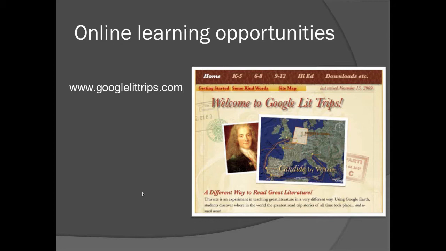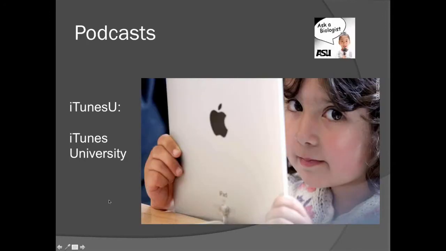When you click on it, you can download an application that will open up Google Earth and have you travel through the book. Students can see where the book is taking place. They can go to those places on Google Earth. Great if you have a whiteboard or Promethean board in the classroom. It can help kids get some of that background information that they might not have to begin with.